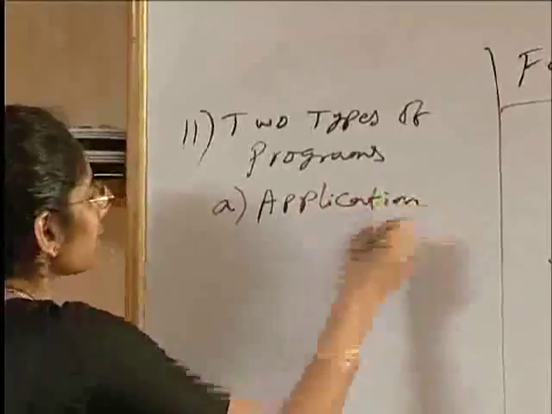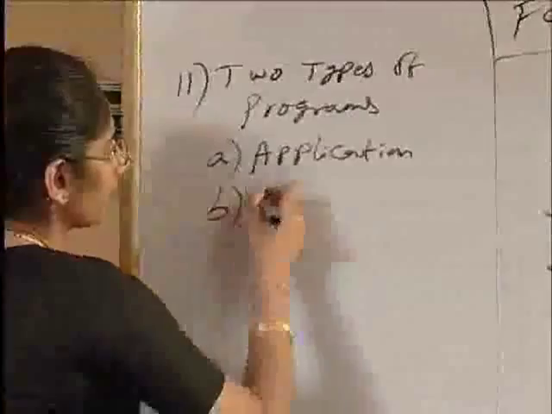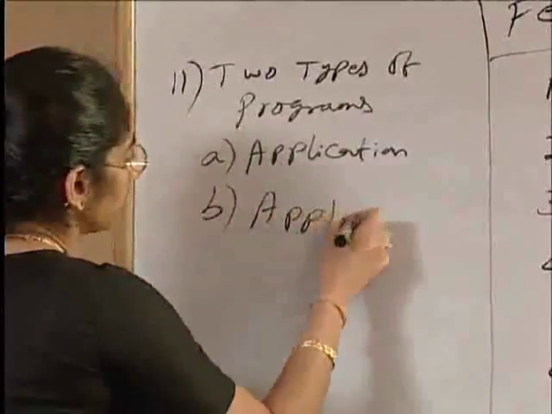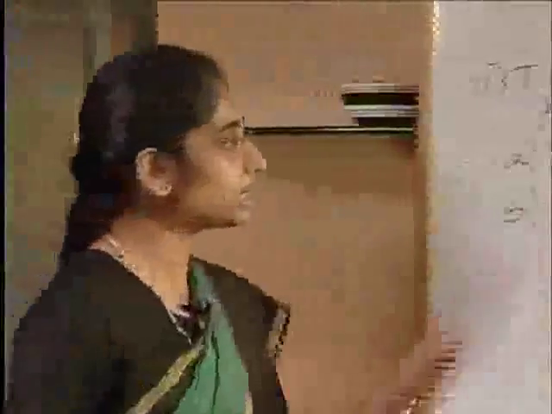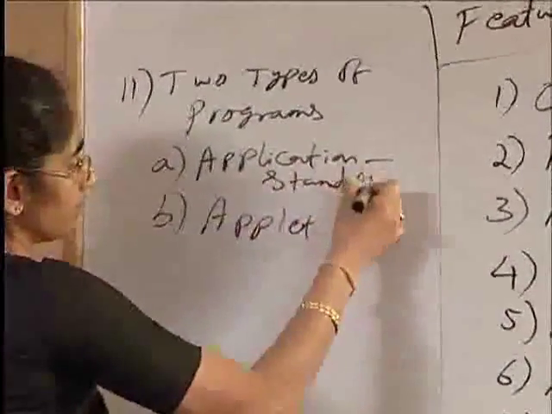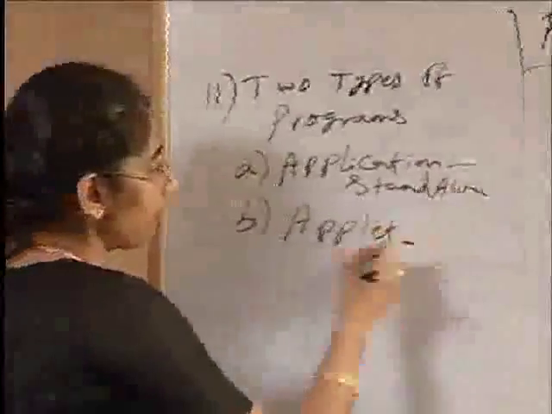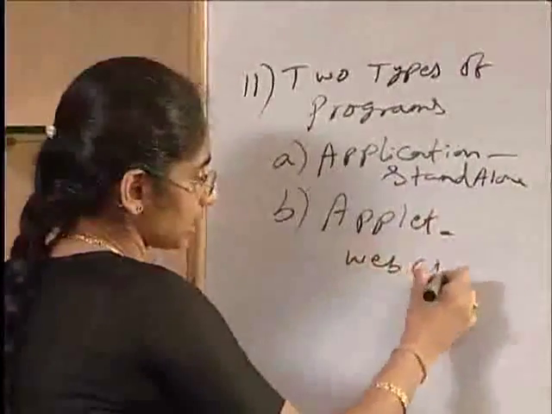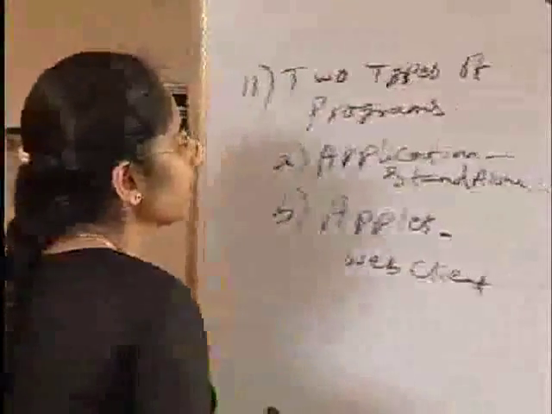This is in terms of a client program, and an applet program. An application program is a standalone program, whereas an applet is a web client. So it runs on the browser. An application, since it's a standalone program, standalone programs always